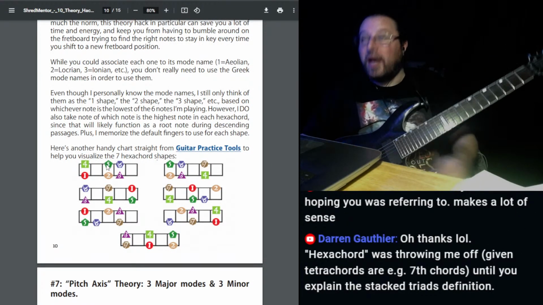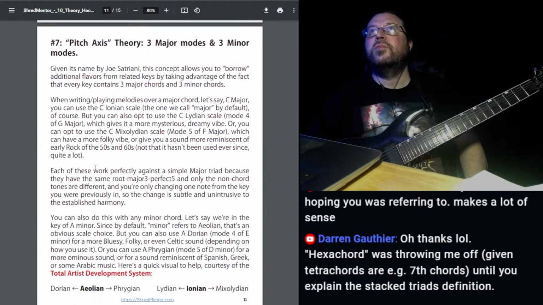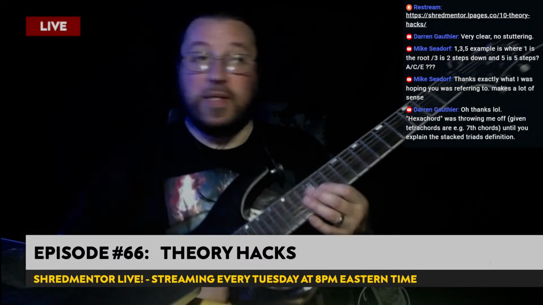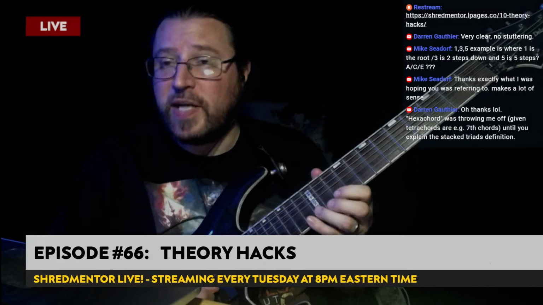Anyway, coming back to this now. Okay, so yeah. Anyway, I think that's probably it for the visuals anyway. So yeah, memorizing those. The three mode strategy would be to take one mode, say with your first hexachord,